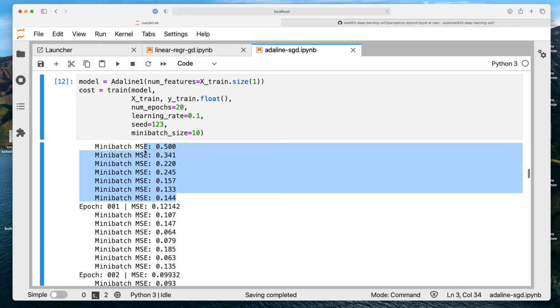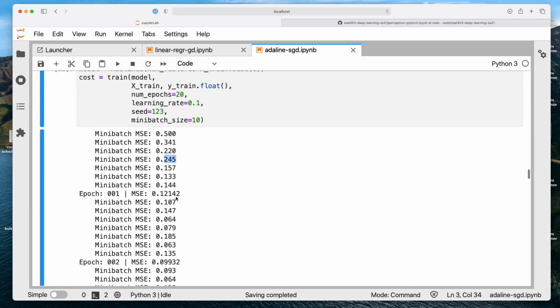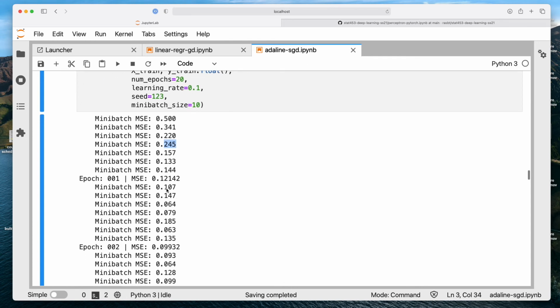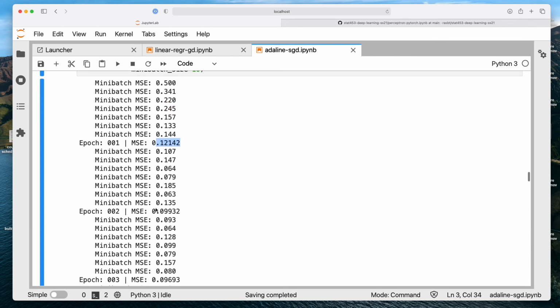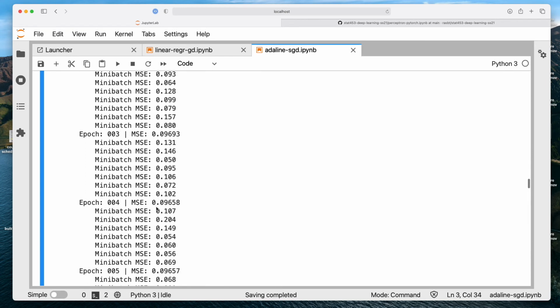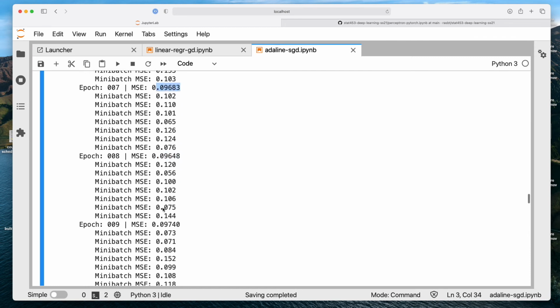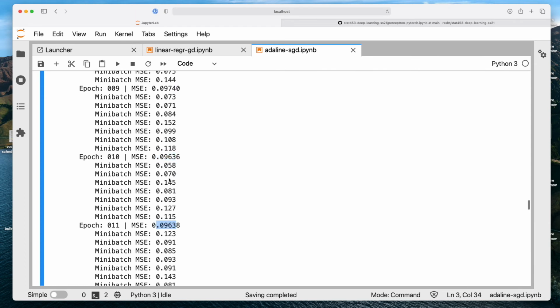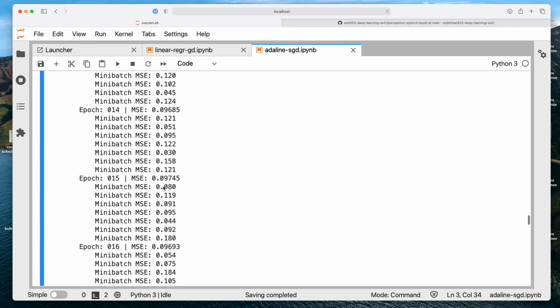So we start out with a large mean squared error, and then you can see it goes down. But it is now a little bit noisier. You can see it goes down here and down, but then it goes up a little bit. And you can see then it's a little bit noisier, these updates. Yeah, and then overall per epoch we can see that things go down. So at some point, yeah, we have converged, so we can see it's fluctuating a little bit, but it's not going down significantly. It's going a little bit up and down. So it's a little bit noisier than the gradient descent. The mini batch gradient descent is usually a little bit noisier.